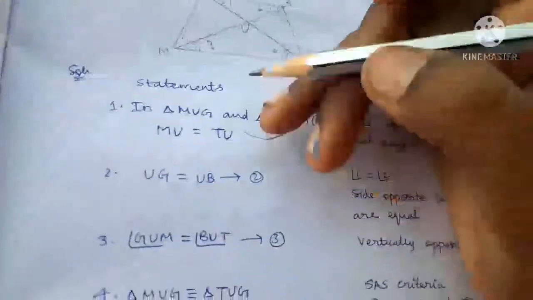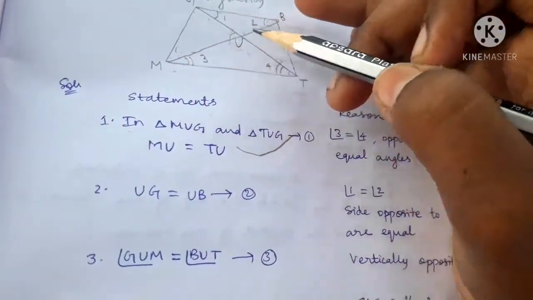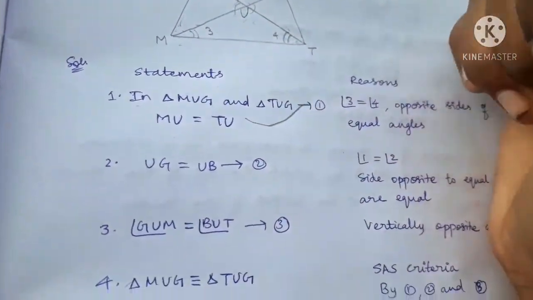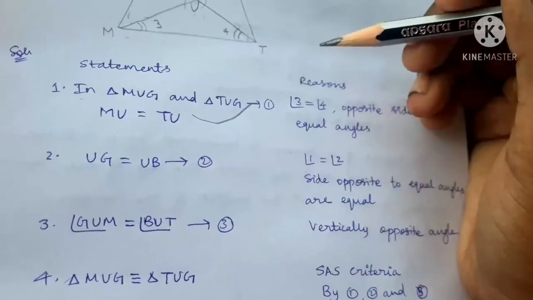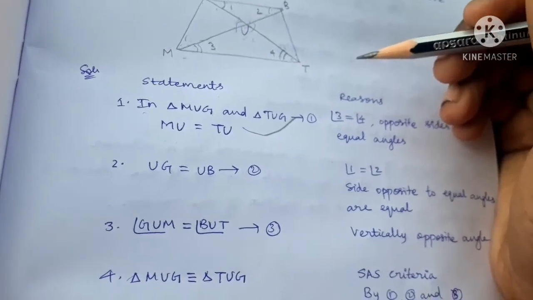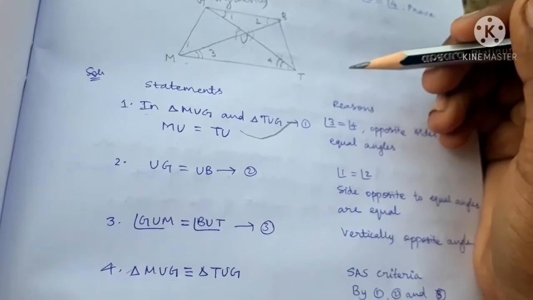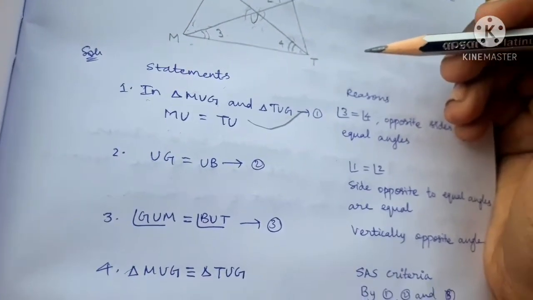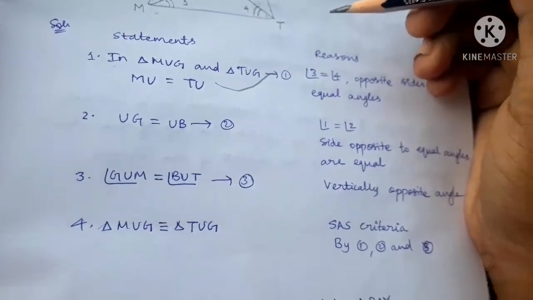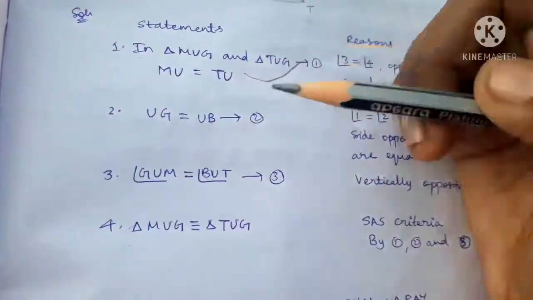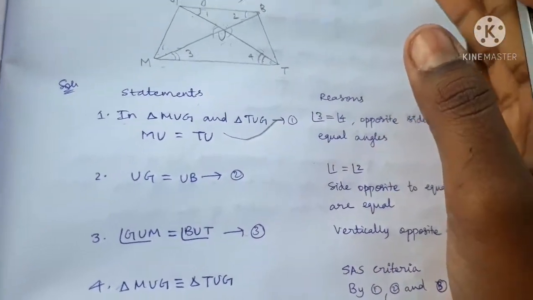Okay. So then angle GUM, they are given. Angle GUM, this angle and this angle are equal. Why? Vertically opposite angles. Okay. Vertically opposite angles. These are all some properties you should know before starting this exercise or this lesson itself. Geometry is very interesting when you know all the properties of it. Okay. So then triangle, therefore, see, you have three equations out here.